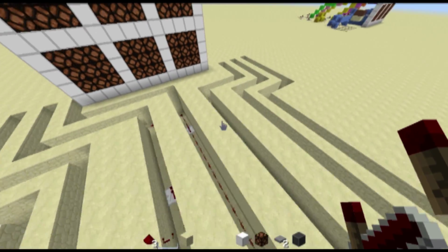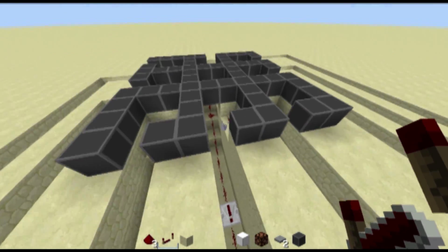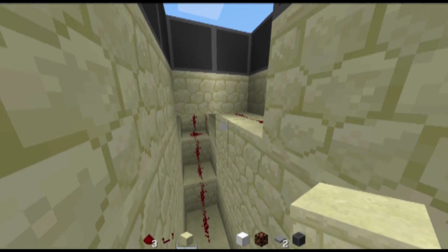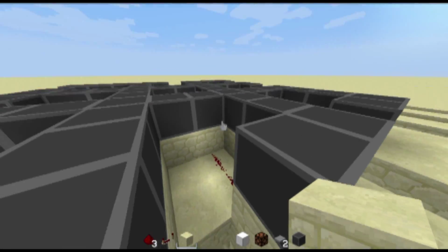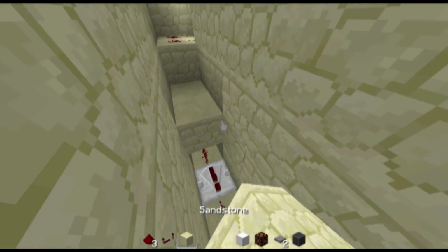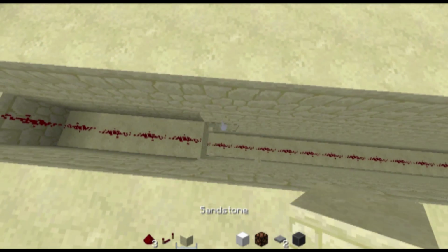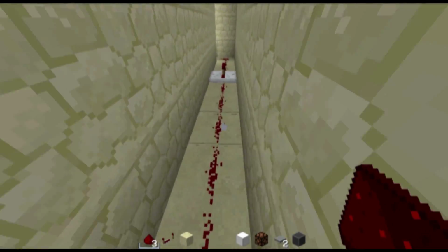Okay, as you guys can see, we have all the redstone currently in, except for the layer right here for running this top center one. However, in order to do that, we're just going to have to, as I said before, cover this little section up here. Just like so. Now make sure that this is not cutting off any of the redstone wiring here or blocking it diagonally, because that would be bad and it would basically disallow our lower or middle section to actually function. So you just need to fill it in just like this. Just run it along the top. However, I recommend making sure that this line